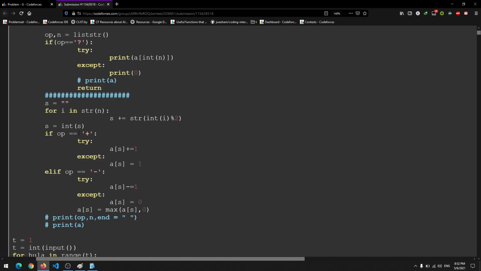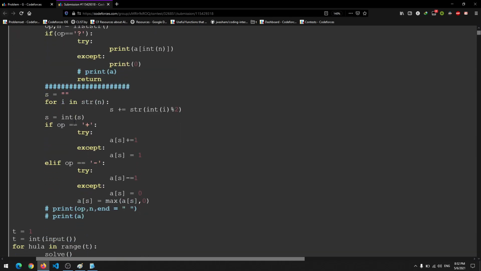Now if the operator is plus, we increase the count of that s by 1. If it does not exist, we just create that s and initialize it to 1. As I said, Python shows a key error here, while C++ just adds it and then adds 1 to it.